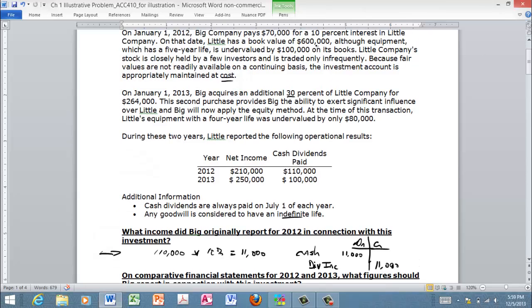Before we get there, though, I want to go back and look at the book value of the company. See, the book value started out with $600,000 in that first year. And what I'd like to do is a simple roll forward of that book value of the company. So in 2012, January 1st of 2012,